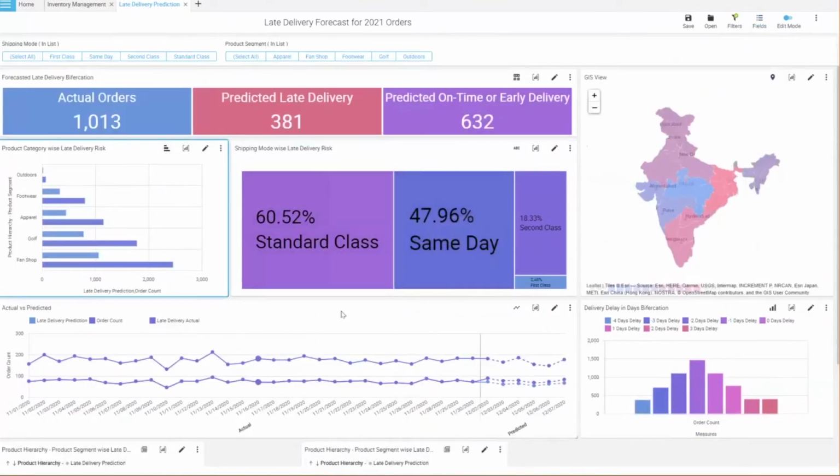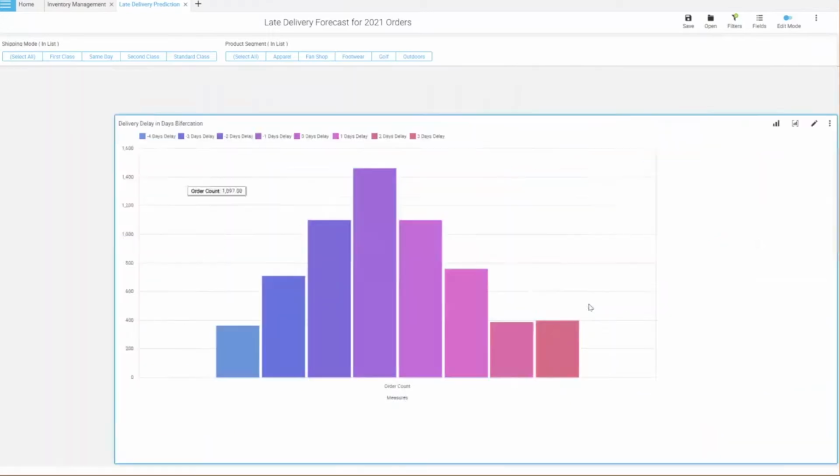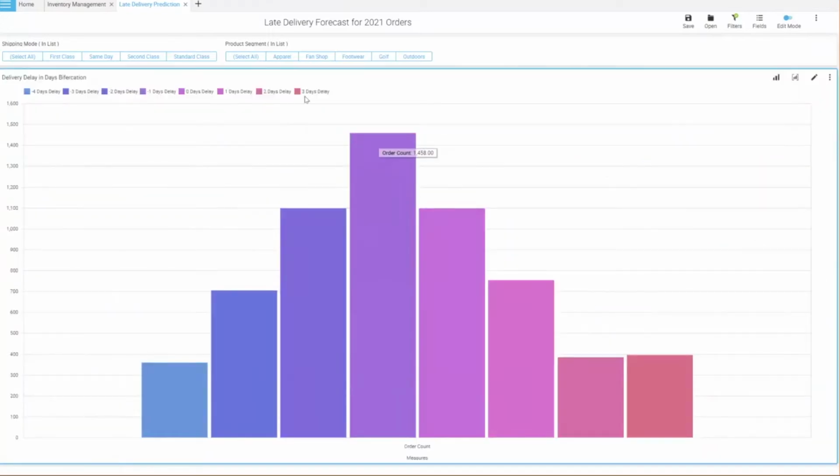If it is a periodical analysis, there you have the actual versus predicted. For the period of November, there was actual data, and for the first week of December, we have the predicted data for late delivery. And then we have a delivery day bifurcation from -4 days delay, -3 days delay, to 3 days delay.